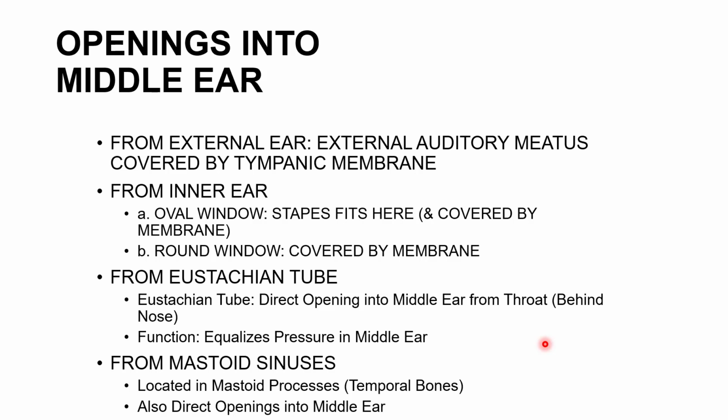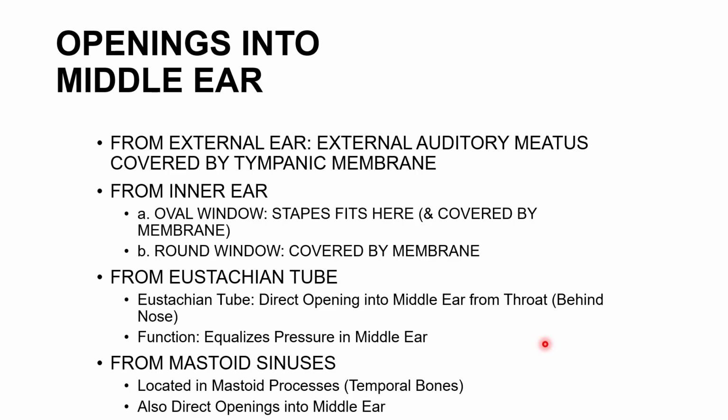So these bones have some cavities in them, and these cavities have air, and they provide resonance and they have different functions, but they need to be aerated. If there is a block or congestion or infection or cold in the nasal cavity, these openings get blocked and these sinuses might get infected. And that is how we say, oh, this patient is having sinusitis, meaning acute inflammation of the sinuses. And if it happens recurrently, that becomes a chronic thing, and then we say that this is chronic sinusitis.